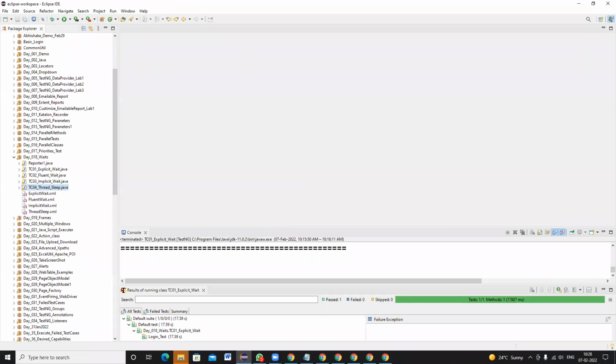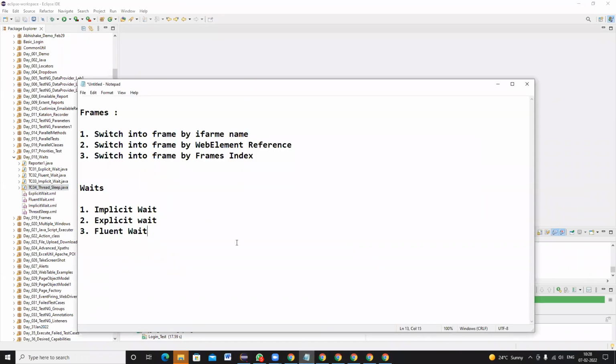So how do you handle synchronization in Selenium? People will ask a question like this. We can handle synchronization by using three types of waits in Selenium: implicit, explicit, or fluent wait. The driver will wait as per the implicit time specified, and it is handled automatically.